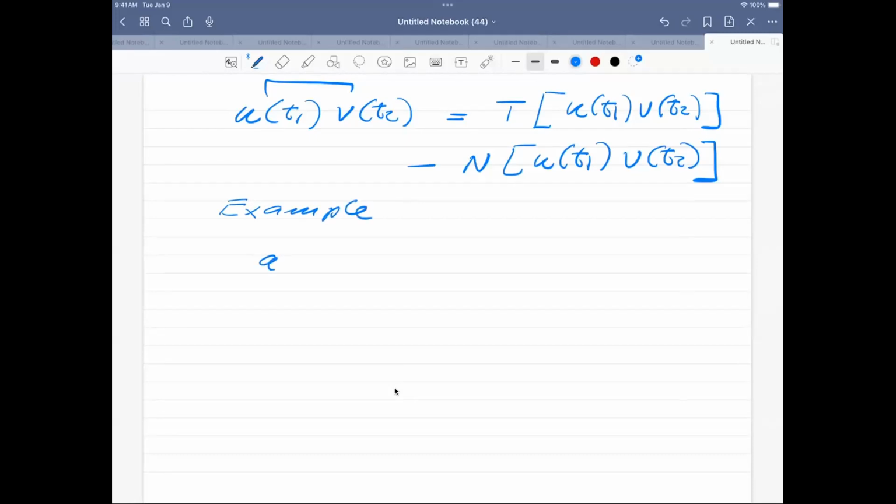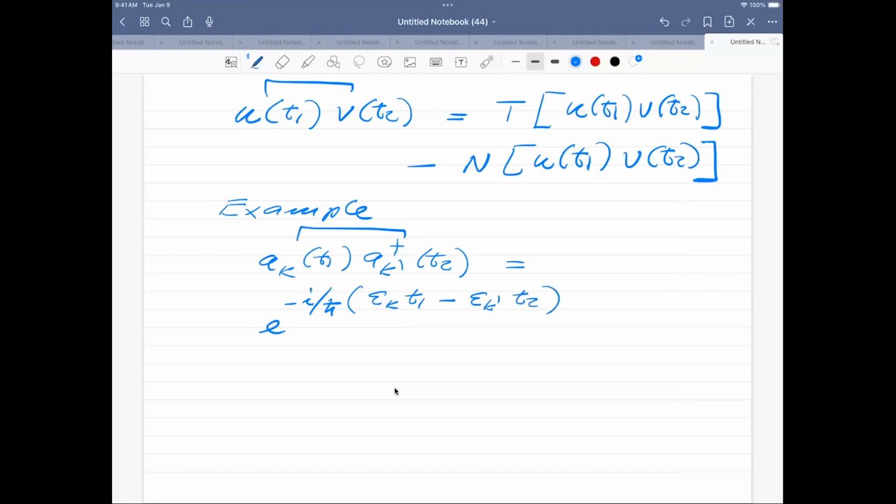So let's look at the contraction of an AK at T1 and AK prime dagger at a time T2. And this is a contraction. This is the same as my vacuum to vacuum expectation value of that quantity. And we know that when I do the algebra here, what I'm going to get is an E of minus I H bar. And this is going to have now an epsilon K of T1 minus an epsilon K prime